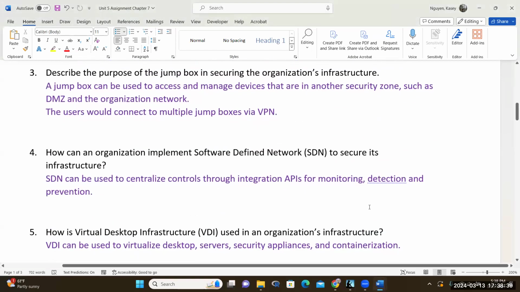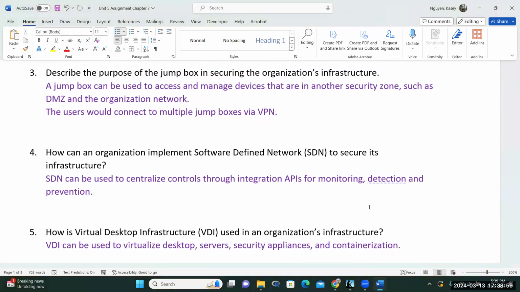So to implement SDN in your infrastructure, you should use it to centralize your control through the integration of APIs. So APIs are simply what? Application programmable interface. It is a small program that talks to the main program, right? Or I shouldn't say small, just a program that would communicate with another program. So for example, right, I would use